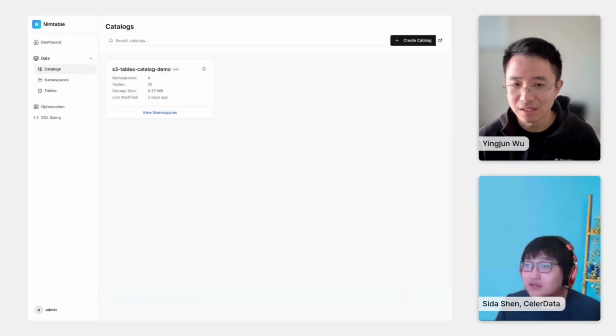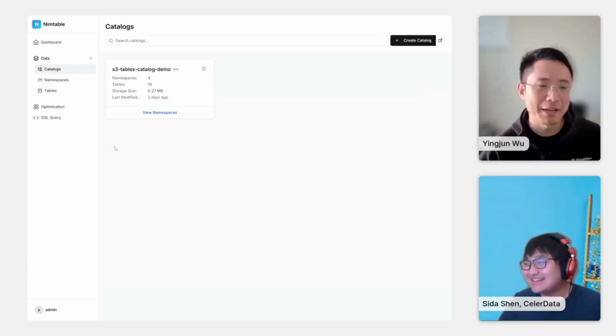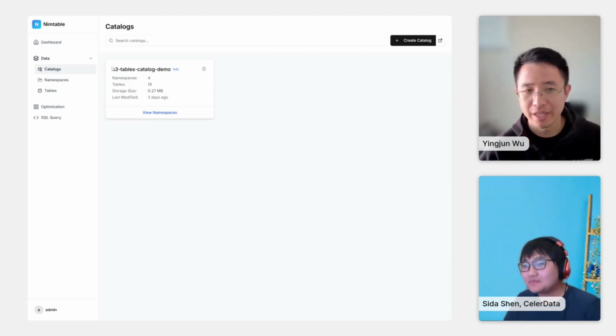Nimtable is more like a visualization tool, and this is a demo. This is a real catalog, an S3 table. It's kind of slow, but that's not because Nimtable is slow. This is the real S3 table, and you can just